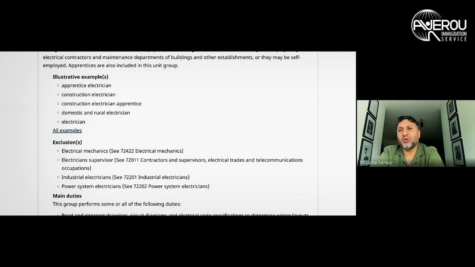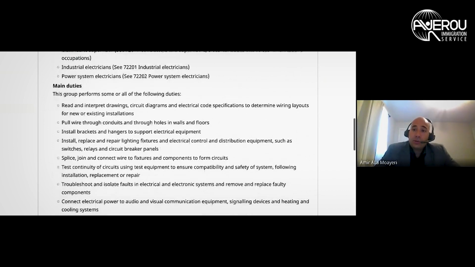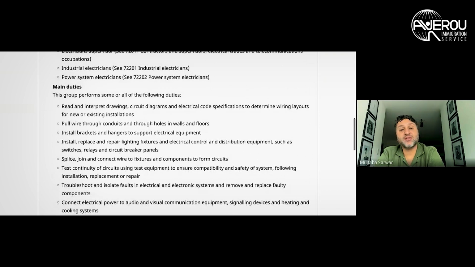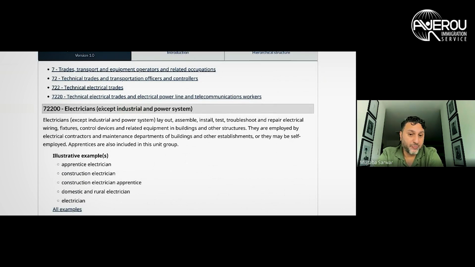He's like, well, all the jobs that an industrial electrician does, an electrician does, right? I can do the same jobs. He was claiming I can do the same job. So we had to sit with them and show, well, first of all, it says right here,